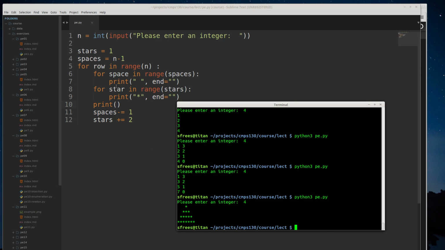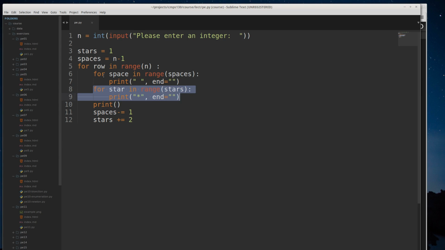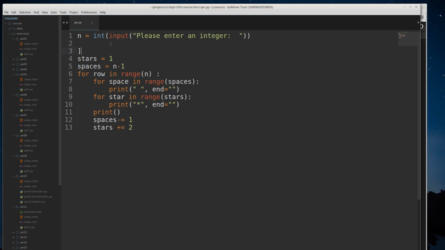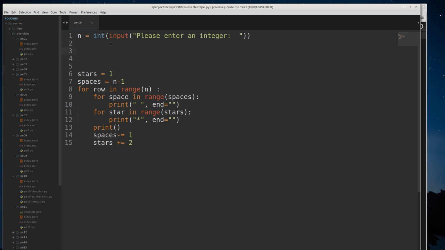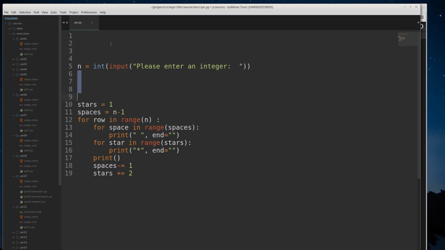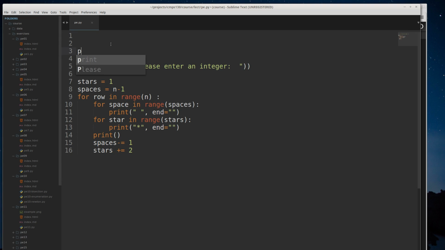That looks good. But notice that this and this are almost exactly the same. The only difference is that my variables are called different, but that's pretty arbitrary, and the character that I'm printing is different. Moreover, this is sort of all one unit, right? Print a line. So I'm going to break this up. I'm going to say I have an actual function